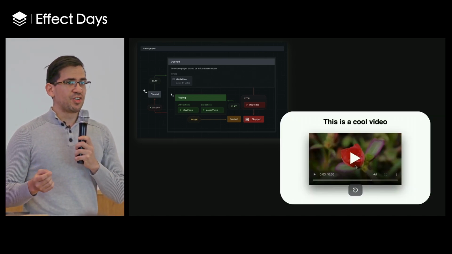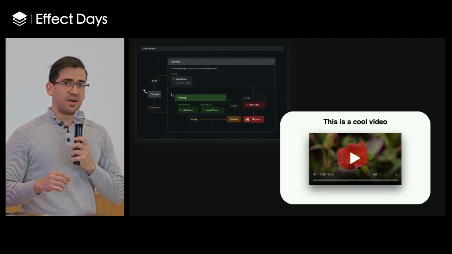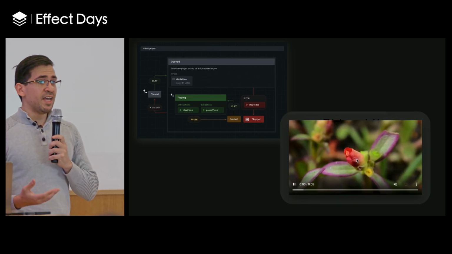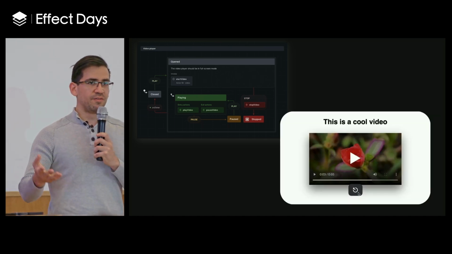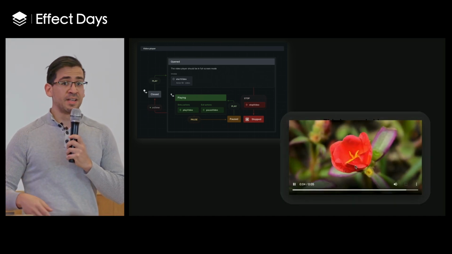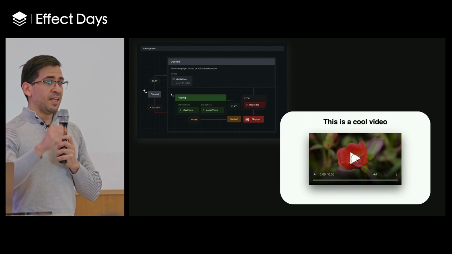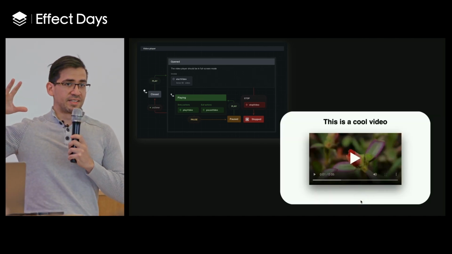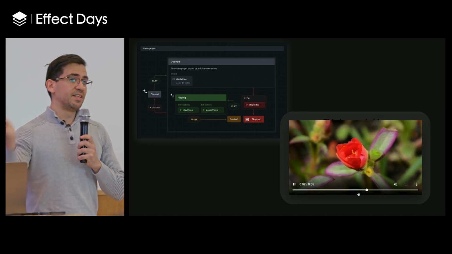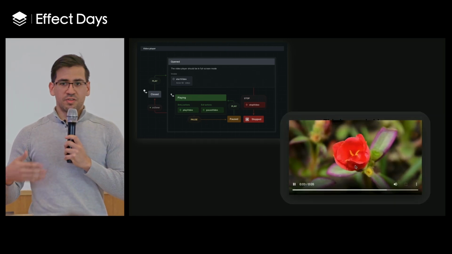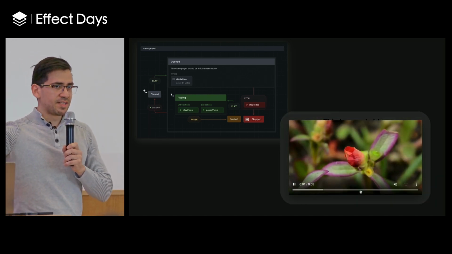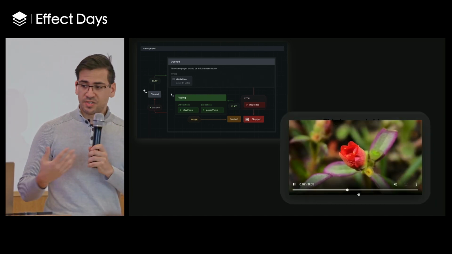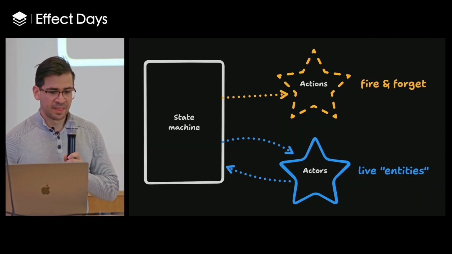And this really showcases where state machines are useful for expressing things that might not be just trivial logic. It's easy enough to just show a video player, press play, press pause. But if you need to model something like this video player should be in an expanded mode until it's done, then we should close it. Or the user should be able to close it by pressing the escape key or by pressing outside the video player, then that logic starts to become complex.